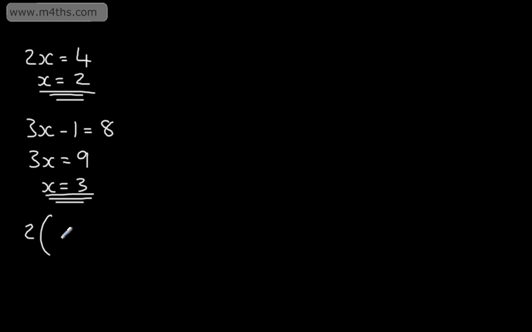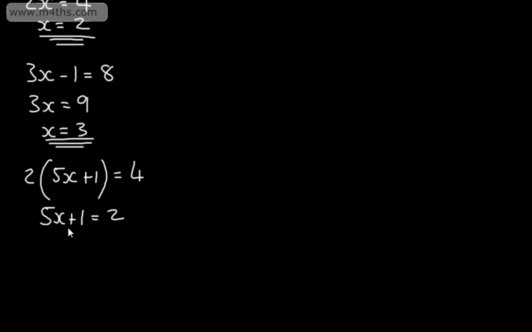If we had now 2 lots of 5x plus 1 is equal to 4, I could at this stage expand the brackets, or I could simply divide both sides of the equation by 2. If I did that, I just have one lot of 5x plus 1 is going to be equal to 2, dividing both sides by 2. If I now subtract 1 from both sides, we can see that 5x is equal to 1, and dividing both sides of the equation by 5, we have x is equal to 1/5. So this time we've not got an integer or whole number value, so we just write it as 1 over 5